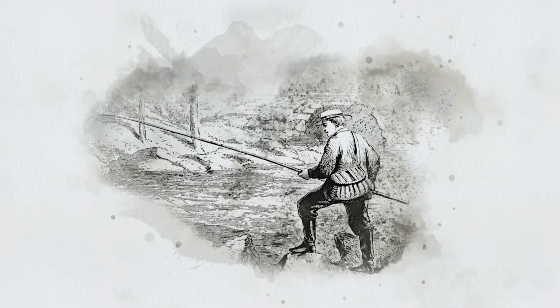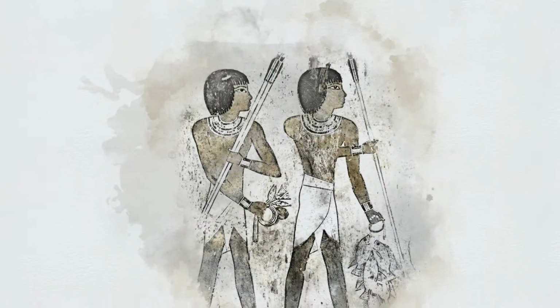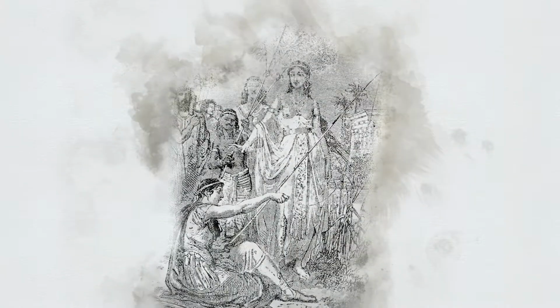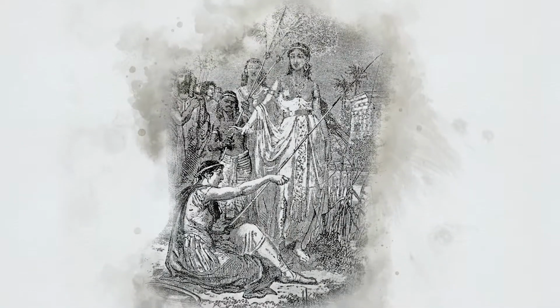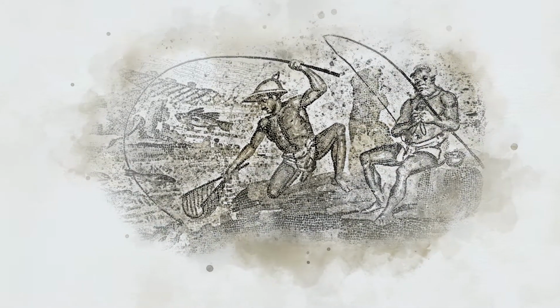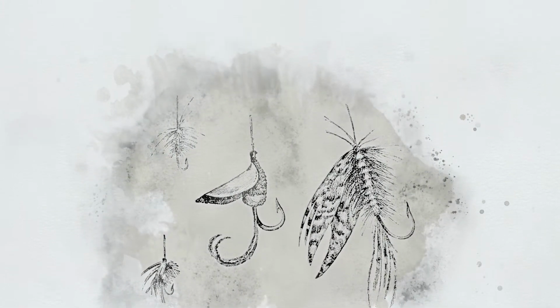Humans have been pulling fish out of water with hook and line for 40,000 years. The rod can be traced back to ancient Egypt, where even Cleopatra took Mark Antony out to catch some Nile perch. The first reference to fly fishing dates to 2nd century Rome, in a description of Macedonian fishermen using lures